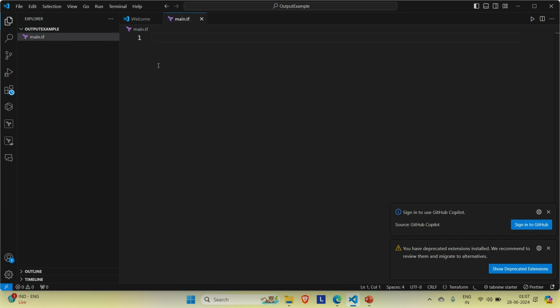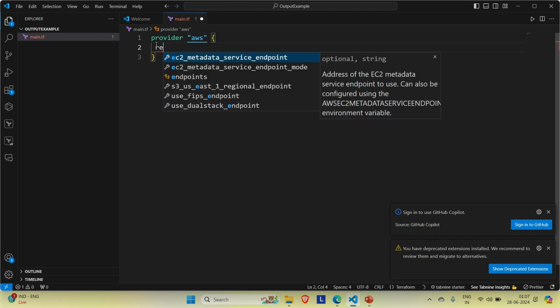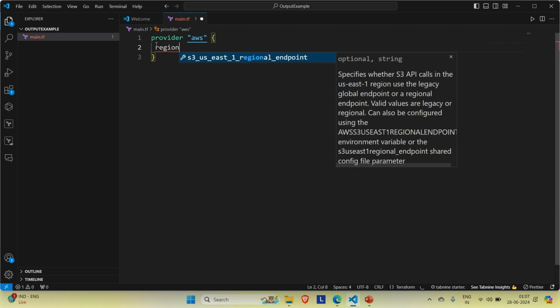Okay, and let me try to write the code for the provider. So the provider that we are going to use is AWS, and inside that let me put the region here, and I'm using